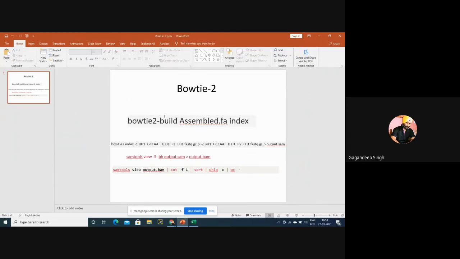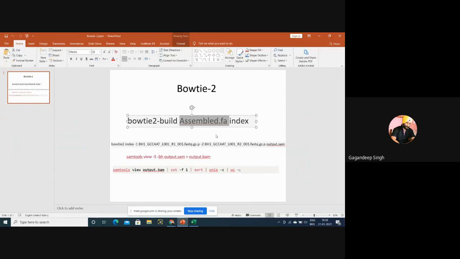So what do we build with this Bowtie 2? We have to run it by typing in our command prompt bowtie2-build. Next, our assembled file. Assembled file means the file that we assembled before finding functions.